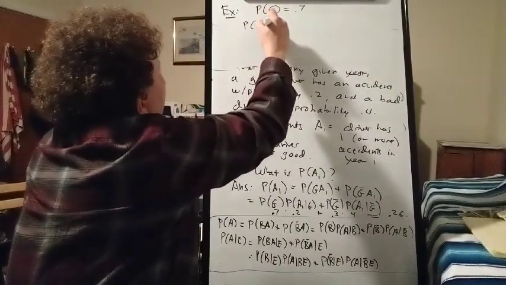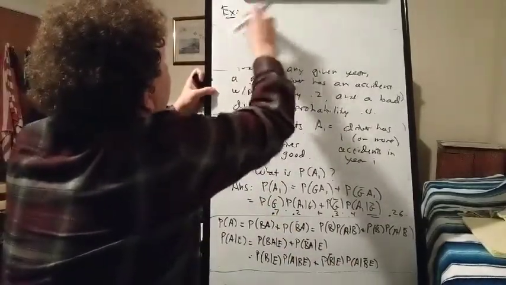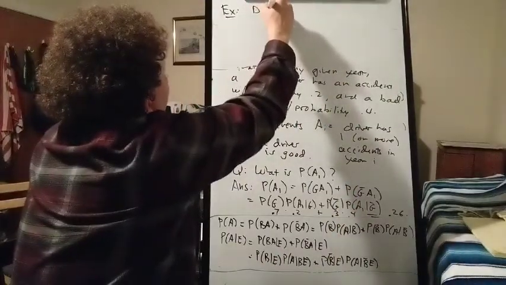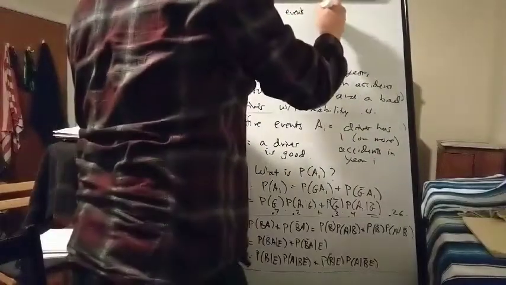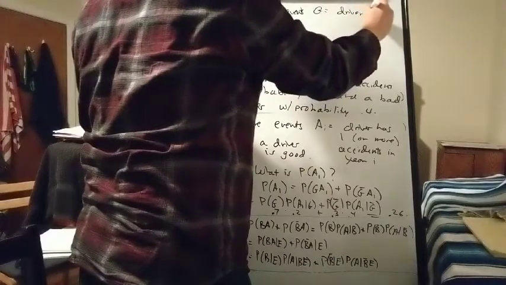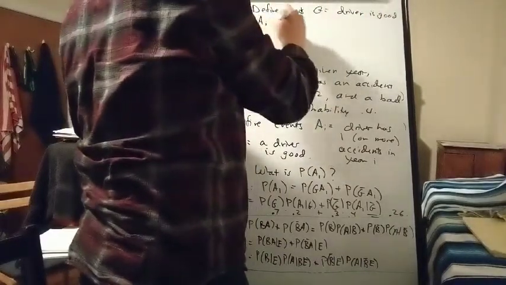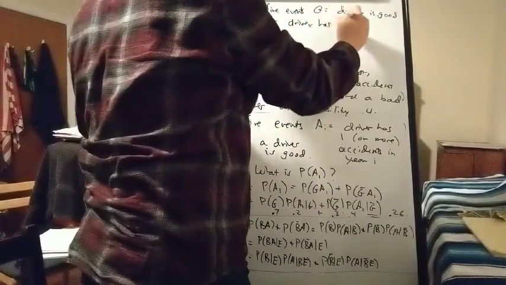I'll define the events. G means driver is good. A_i means driver has accident